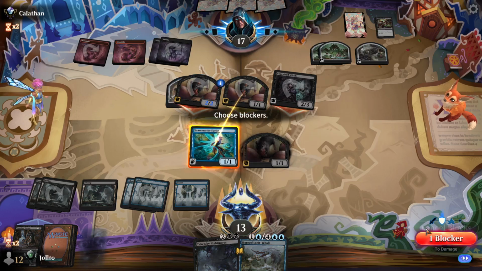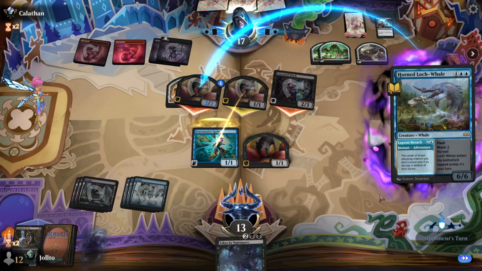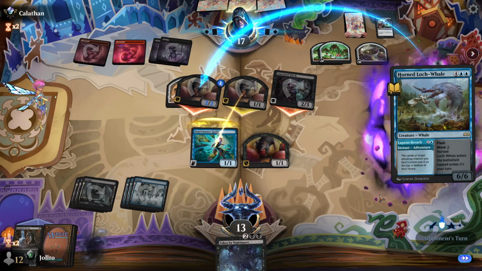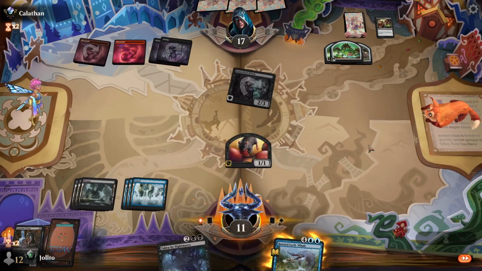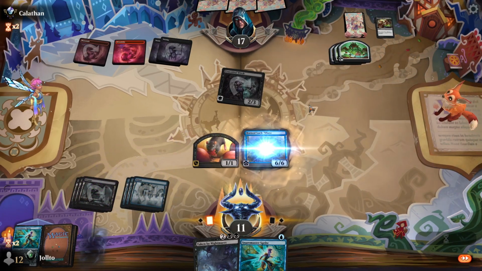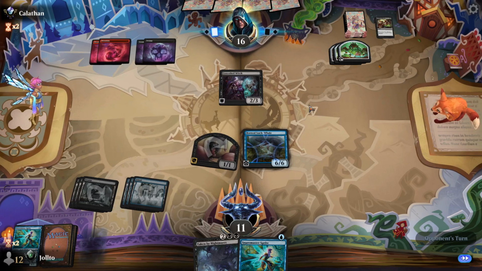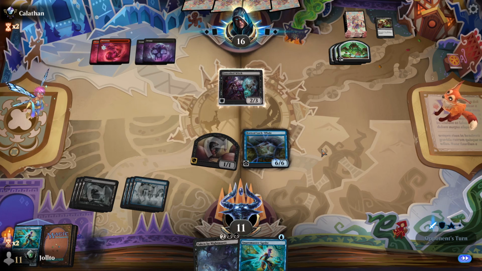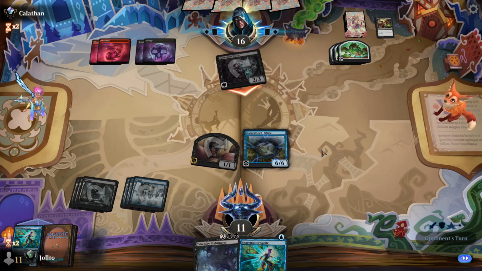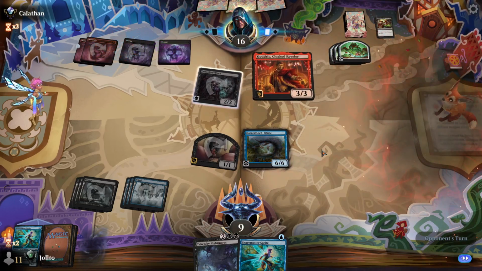So we want to block here and bounce this rat since it has an adventure. A roll. Now let's play the whale. And the whale could close the game quite easily. They have a significantly big number of life, but